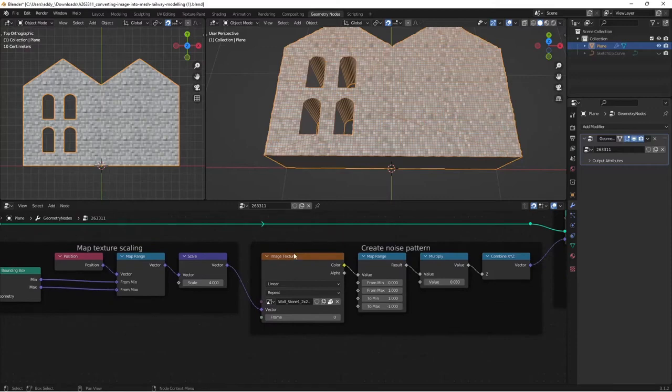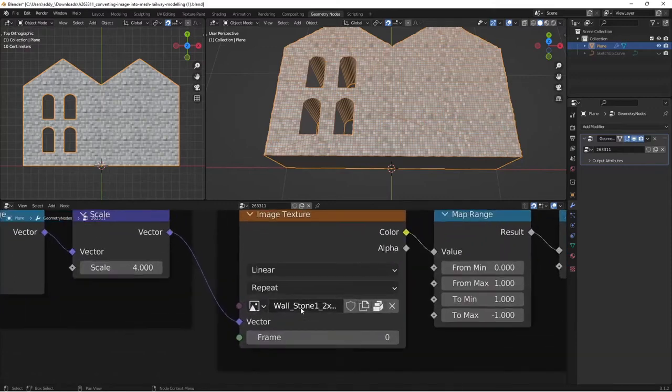Image texture. Now this is the one we want, because image texture is what we want to project onto our curve. So if we go to